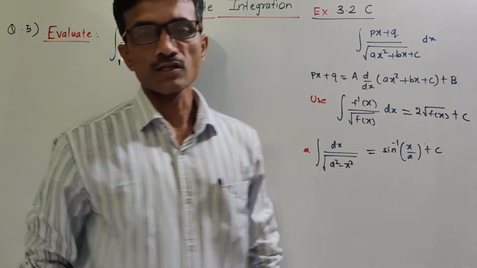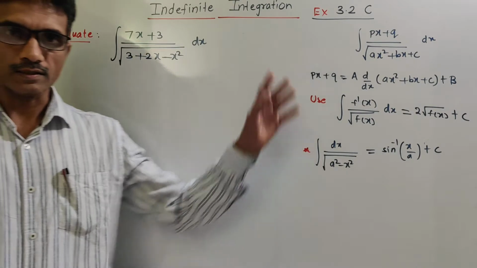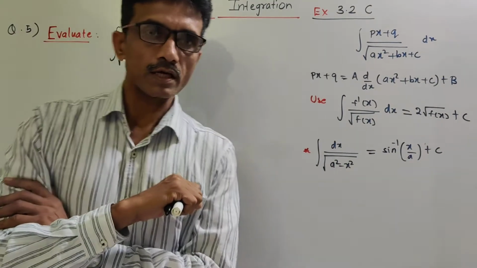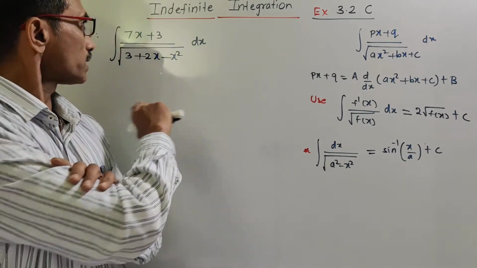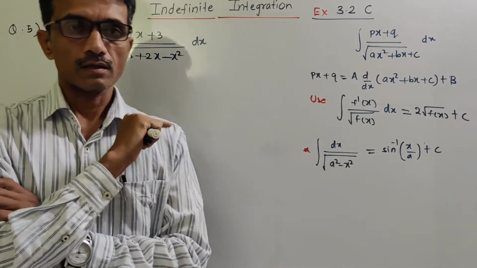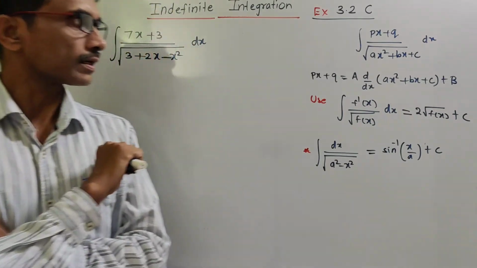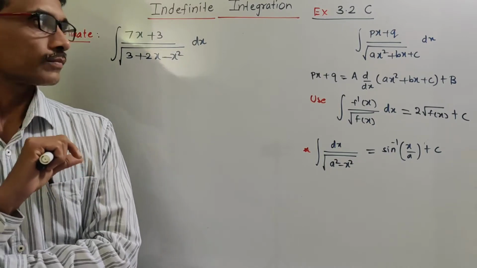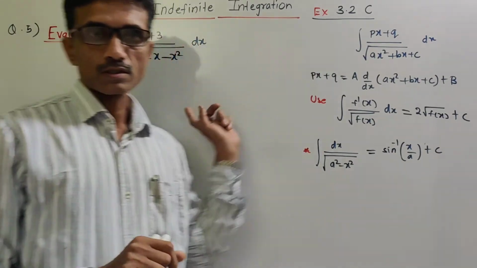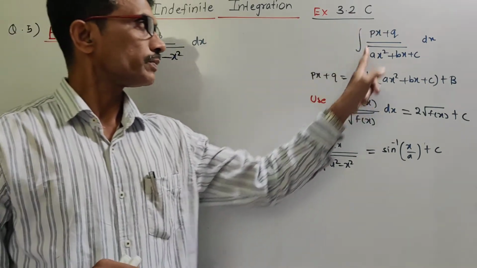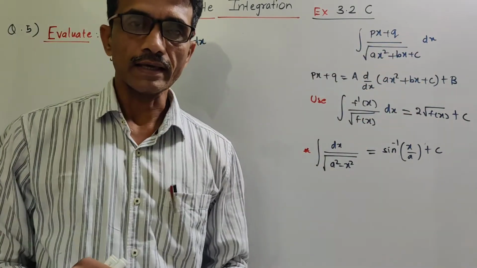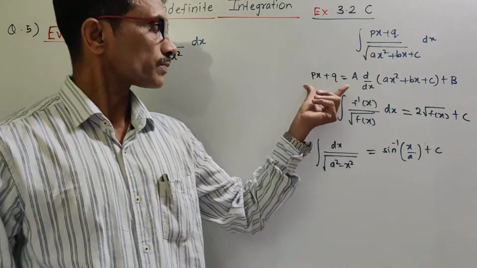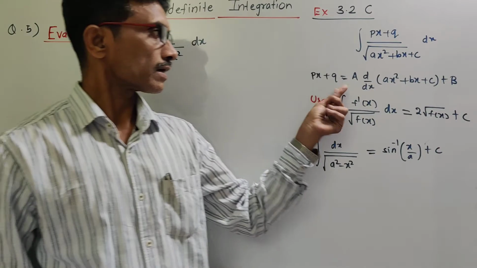हेलो फ्रेंड्स, इस वीडियो में हम एक्सरसाइज 3.2 सी इनडेफिनेट इंटीग्रेशन के एक्सरसाइज 3.2 सी, दैट इज क्वेश्चन नंबर 5 से सॉल्व करते हैं। इसके पहले के वीडियो में हम क्वेश्चन नंबर 4 तक कंप्लीट किया है। सो द क्वेश्चंस आर बेस्ड ऑन दिस टाइप, दैट इज (px + q) upon root of (ax² + bx + c)। न्यूमरेटर px + q को हम ऐसे एक्सप्रेस करना है